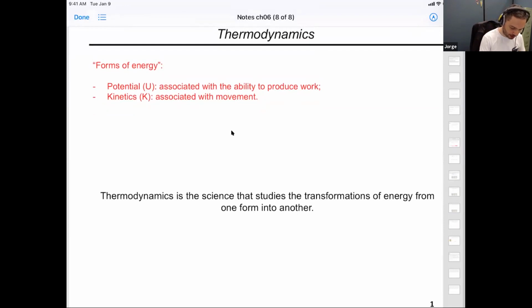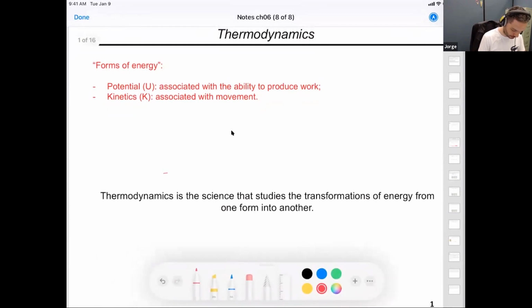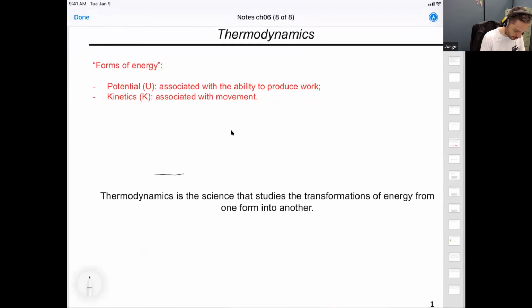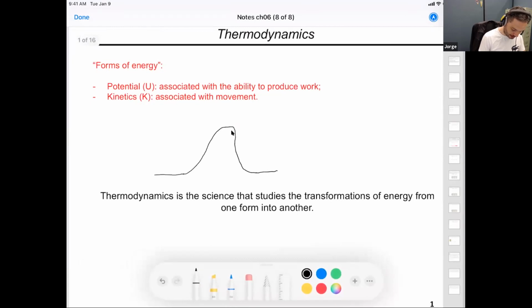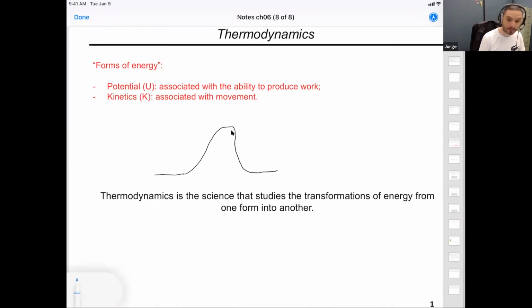Let's imagine here that we have a flat surface, and at some point we have an uphill that stays flat and then gets here a downhill. Let's get a small body here at the bottom of the hill. If we move this small body all the way uphill,